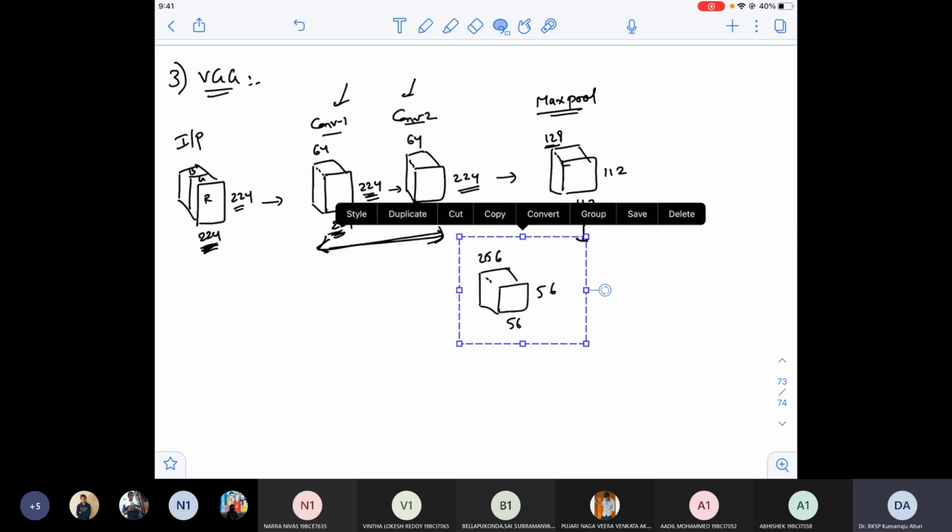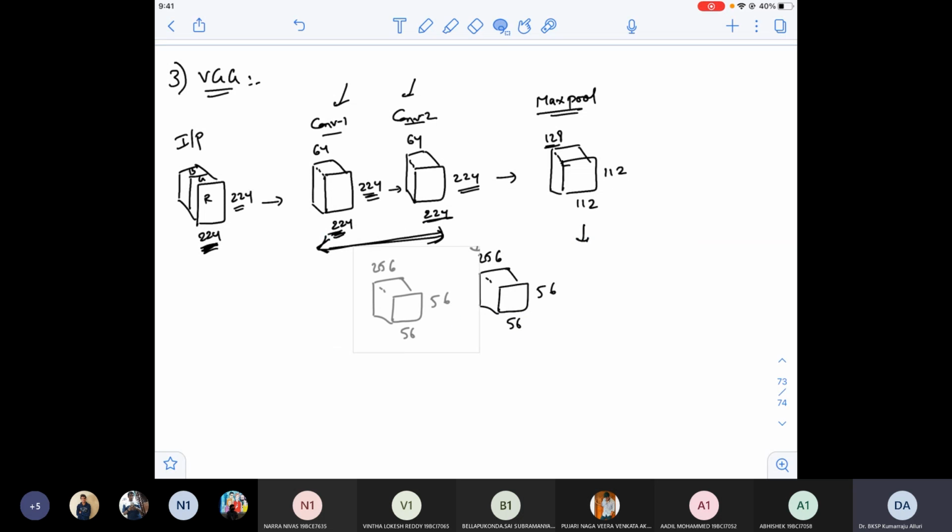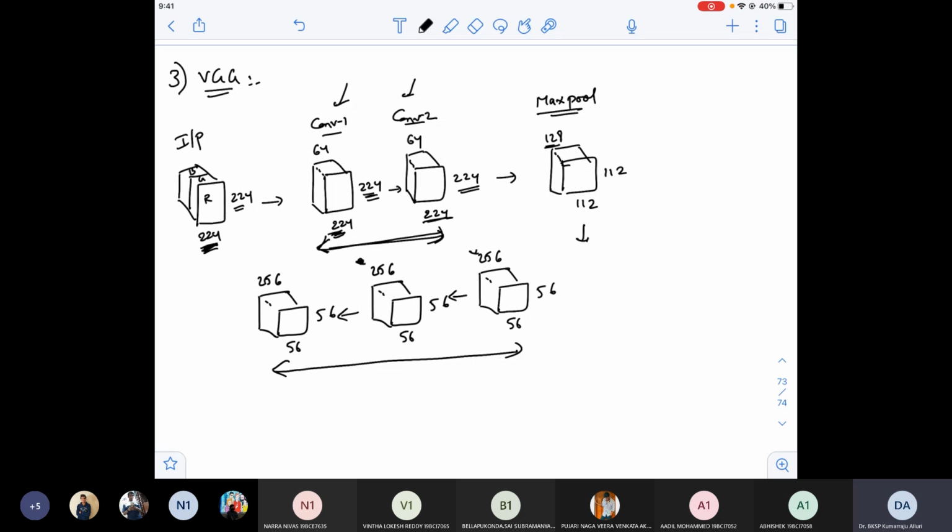I also feel it's repetitive, but unfortunately, I have to tell this. Otherwise, you'll say that sir did not tell, even though it's boring. Fully mechanical. There is no logic involved in this, only experimental results. So, I've taken 256 cross 256, the same. One thing you need to remember in VGG: the width and height of every convolution in a sequence would be the same. That you have to remember. If you remember that point, that is more than sufficient.